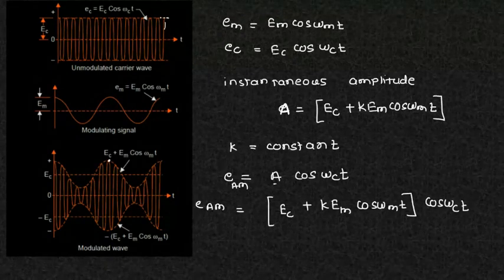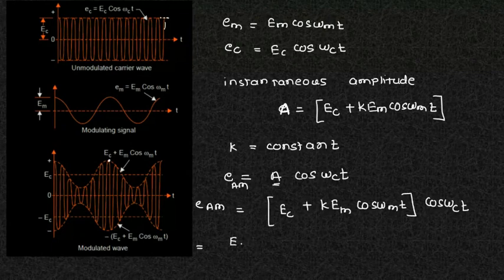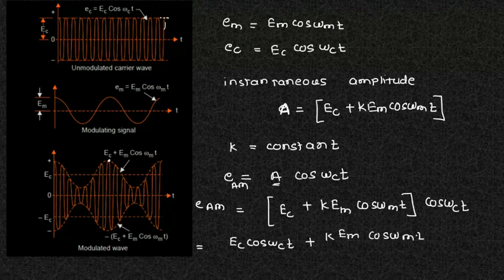I have just replaced A with this instantaneous amplitude. Okay, so if I further write this equation, Ec cos omega ct plus K Em cos omega mt cos